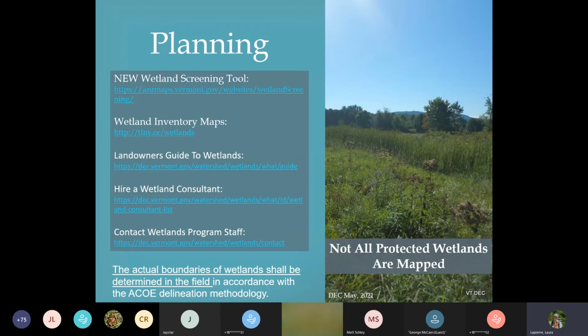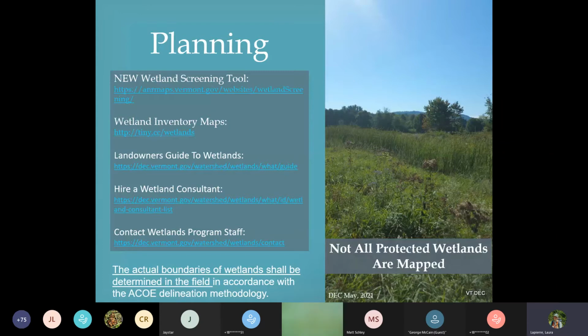On our website, we have a landowner guide, which gives a list of what to look for while searching for wetlands on a site as a non-wetland professional. It will walk you through inspecting a hole that you dig into the ground and some common wetland plants to look for, just as some initial planning. If you suspect wetlands in the area that you want to build, you really should be contacting a consultant to delineate the wetland area.